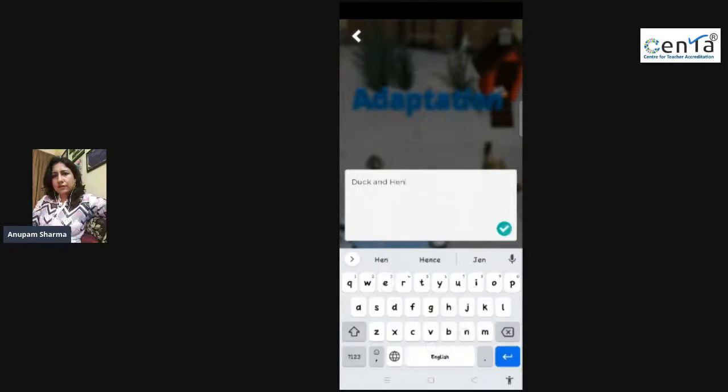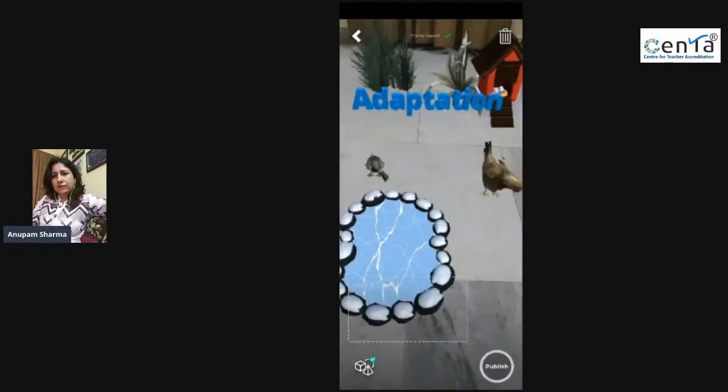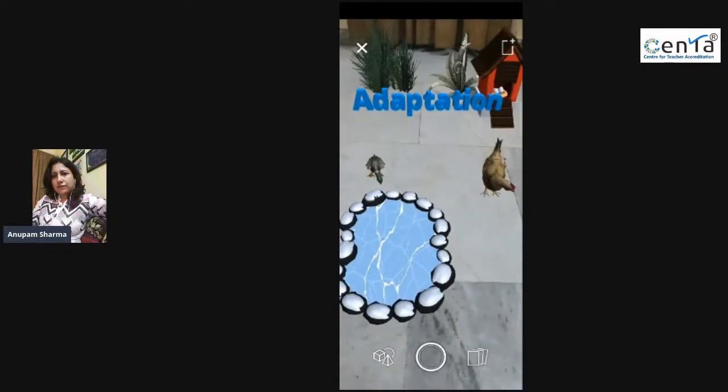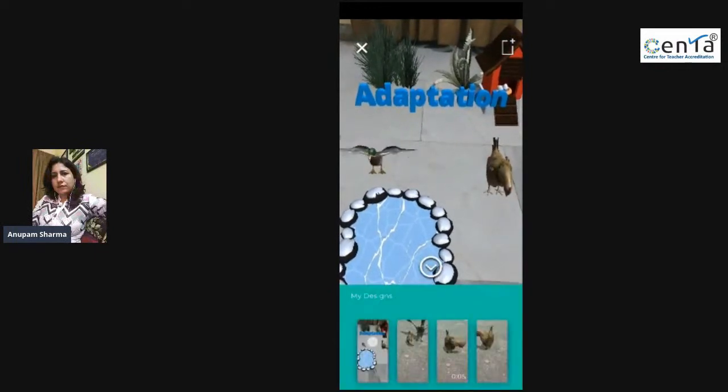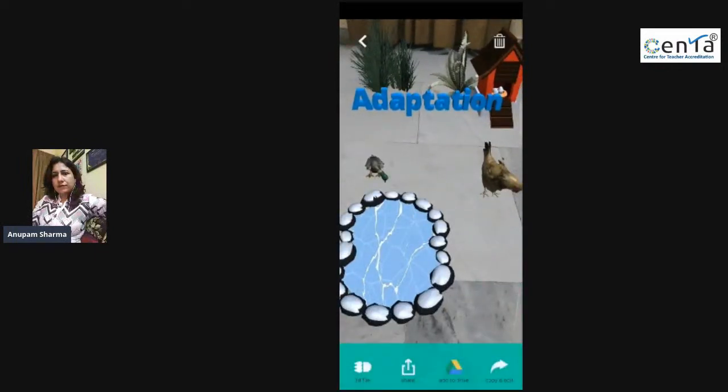Duck and a hen, right? You'll click on this and your design will be saved, right? So here in the gallery you can see this one, and now you can share your design as